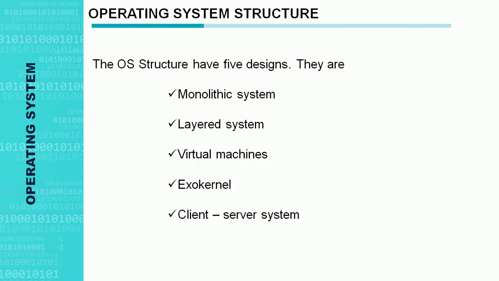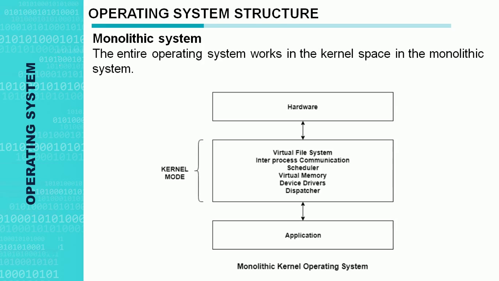Next, let's see the structure of the operating system. Here the operating system structures have 5 designs. They are monolithic system, layered system, virtual machine, exokernel and client server system. In the monolithic system,